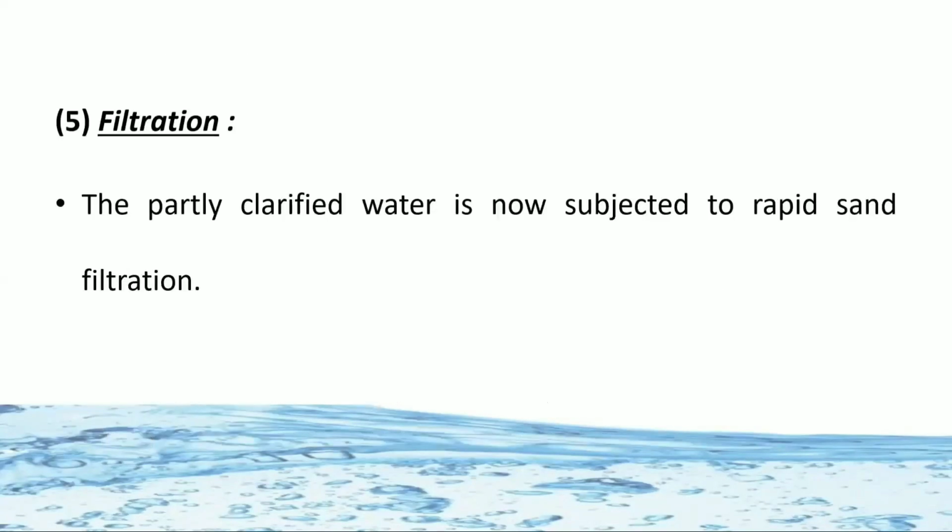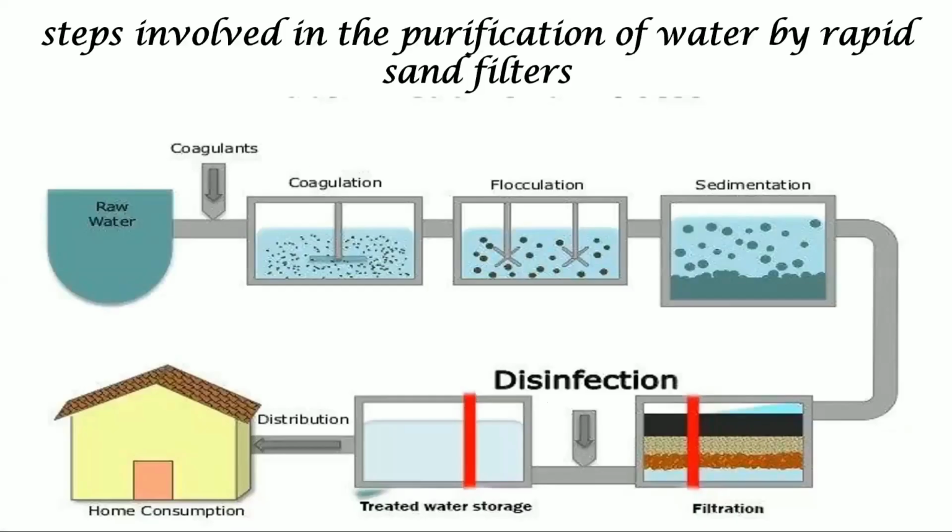Then the process of filtration. The partly clarified water is now subjected to rapid sand filtration. So these are the steps involved in the purification by rapid sand filter. First, raw water is treated with coagulants like alum, then coagulation by rapid mixing, then flocculation by slow